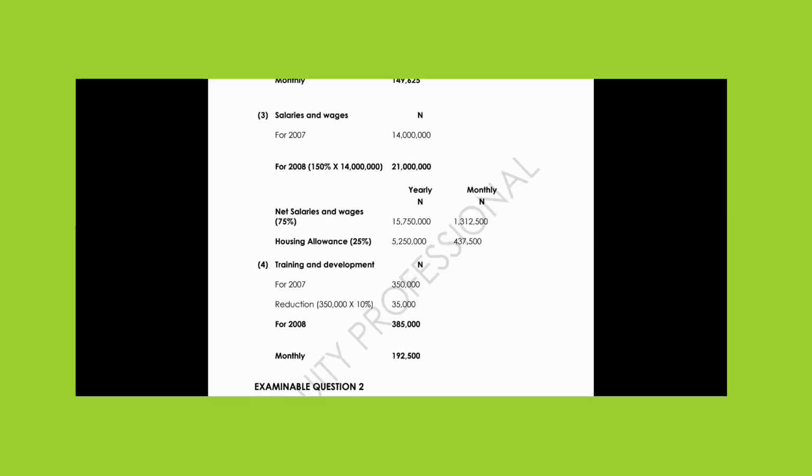There are 4 more calculations we need to do on budget. One of them is incremental budget, another one is performance budget. We solved 2 questions on incremental budget, we solved 1 question on performance budget, and we also discussed the theoretical aspect of the budget. Because this is our public sector accounting.